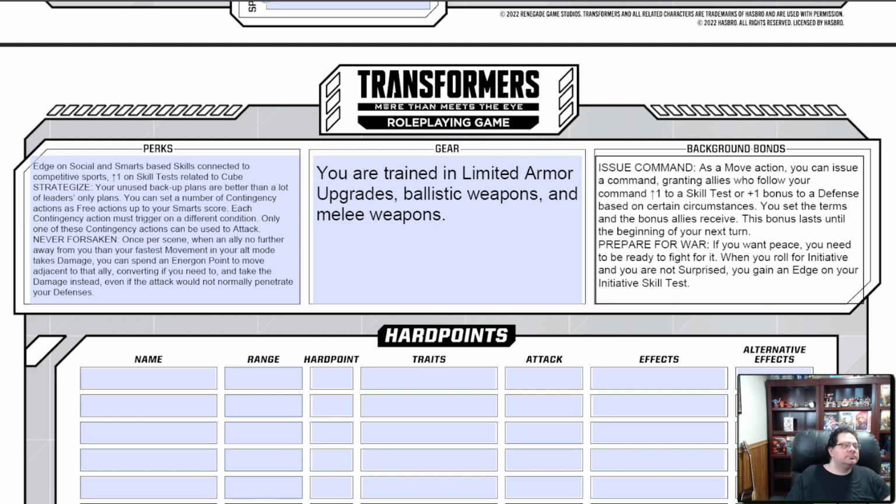So yeah. So what do we want to do? We could do Caterpillar Tread. You get advantage on driving skill tests when you're in alt mode, and then in bot mode, when shoving a creature or object, you count as one size larger, and you are treated as having moved 20 feet immediately before the action. That's kind of cool. A bull bar would be kind of simple, I guess, would be...